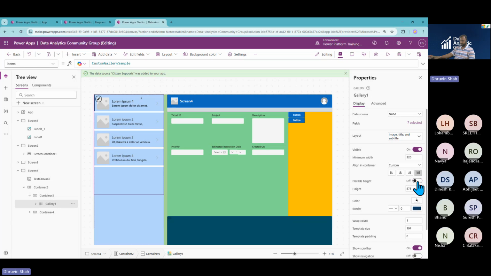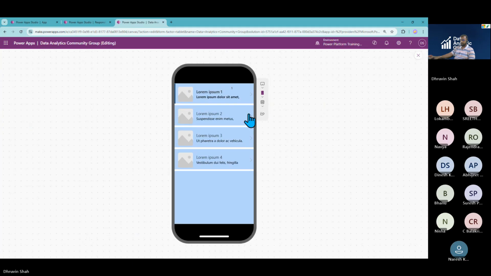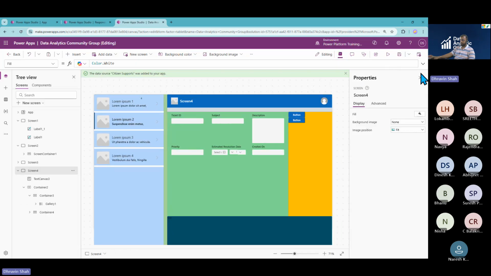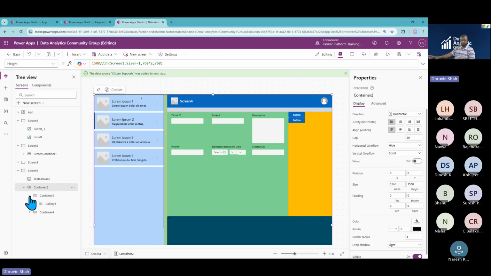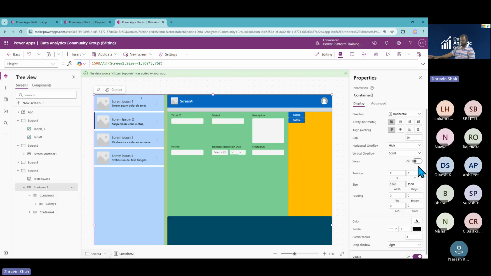Table height, let me just make it turn off. I understand one thing here probably because this is the container. Just a minute. Wrap is obviously we need to on, and